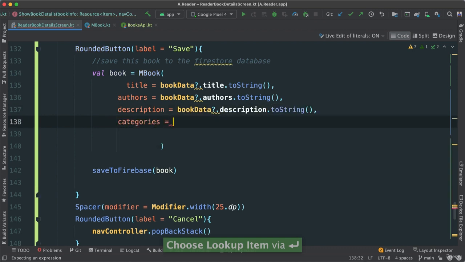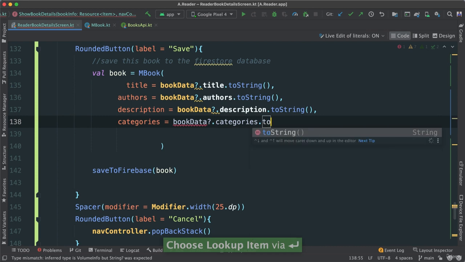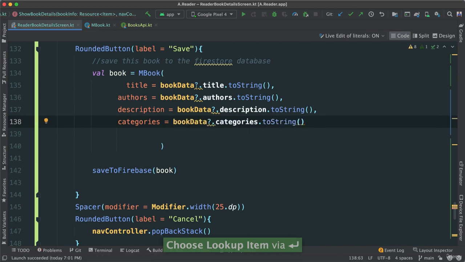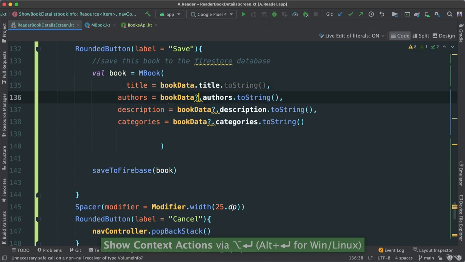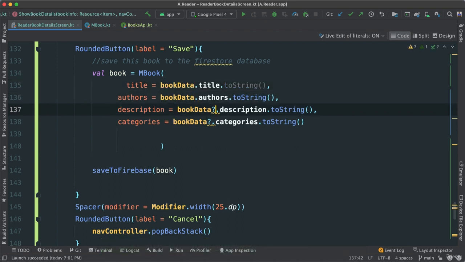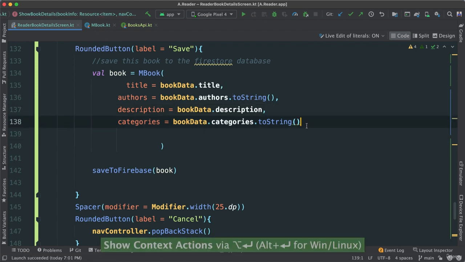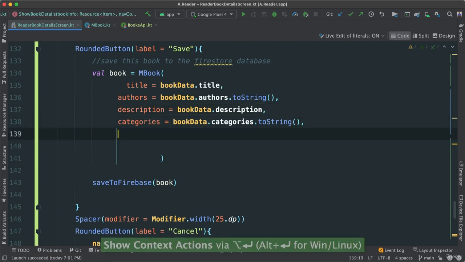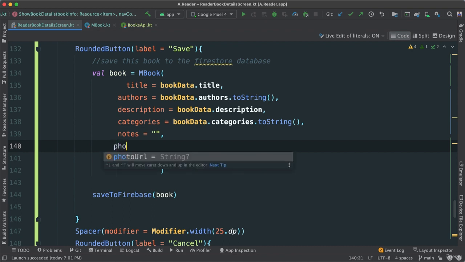Put past the categories, book data, categories to string. Looks like it doesn't need me to do so, so let's go ahead and replace just with a dot. As it says, it doesn't need that either. Okay, gotta continue here. I'm gonna put notes. For now, notes just gonna have an empty string as such, because that will be added later. That's fine. And photo URL,